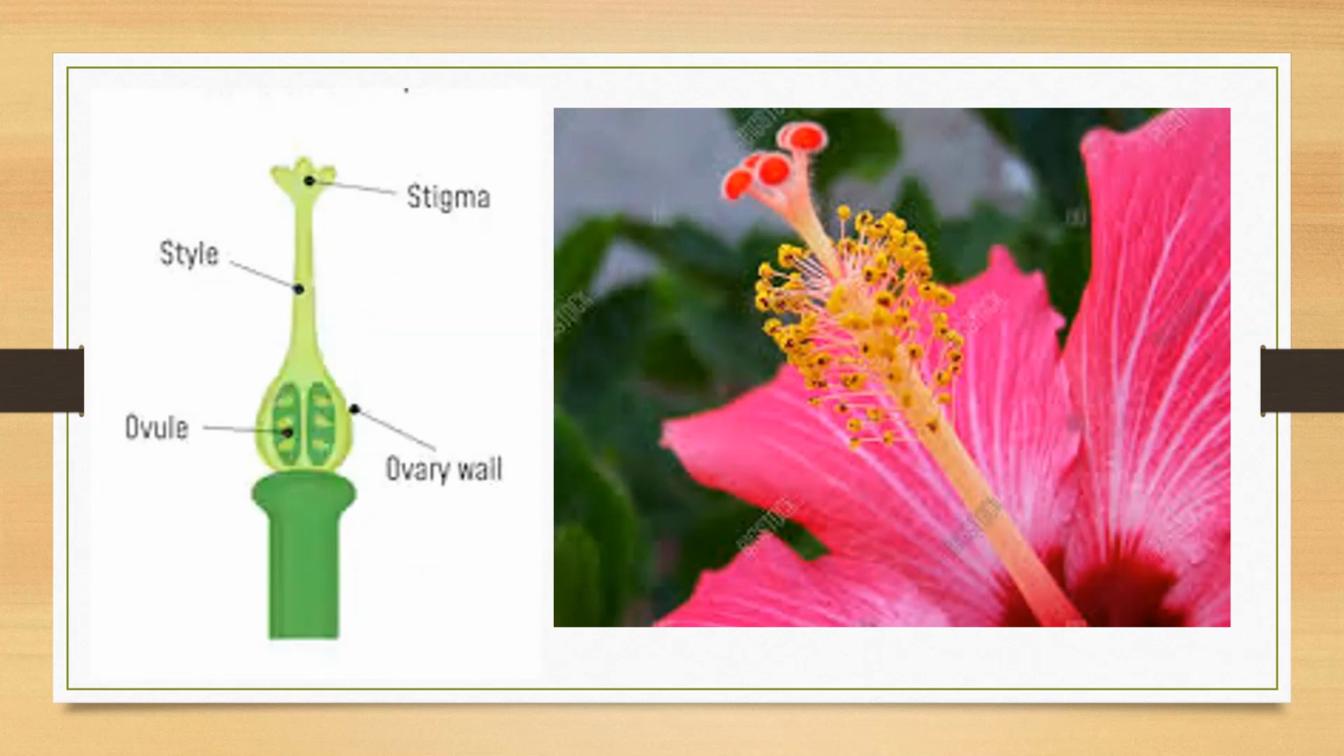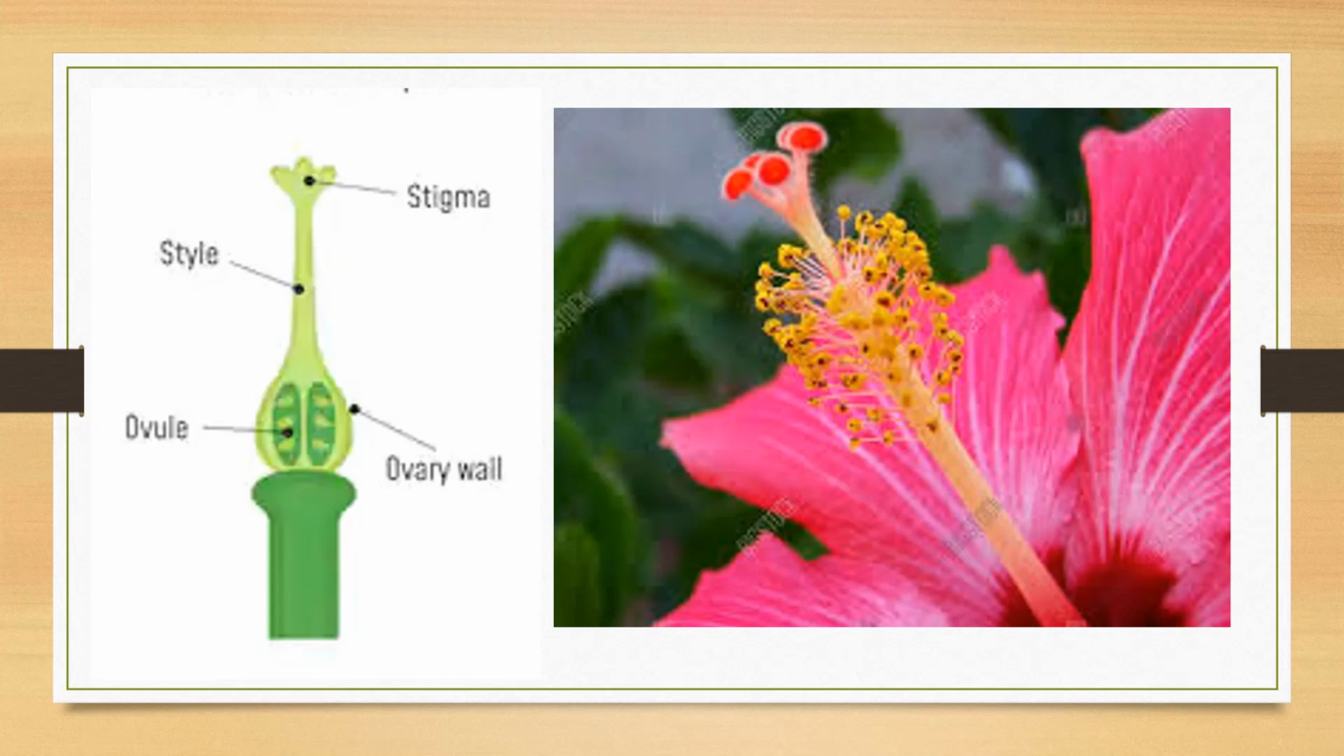Here you can see a clear picture of the gynoecium, that is present on the base of the thalamus, the innermost whorl. The part which rests on the base of the thalamus is called the ovary. The ovary wall encloses the ovules inside, and the ovules are connected to a cushion-like structure called